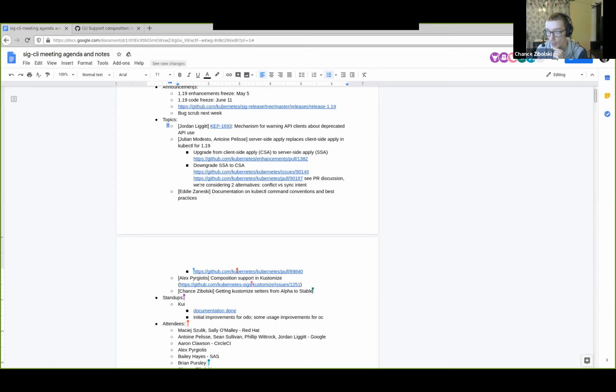And I was wanting to know how we get it from alpha to a more stable state or beta, because right now it's behind a feature environment variable before you can use customize config set. I'd also add that it isn't updated regularly. Probably the best way to get the recent version is to just build the setters binary. The setters also exist in their own binary, which can be built as well, and that one will be up to date as of whatever release.